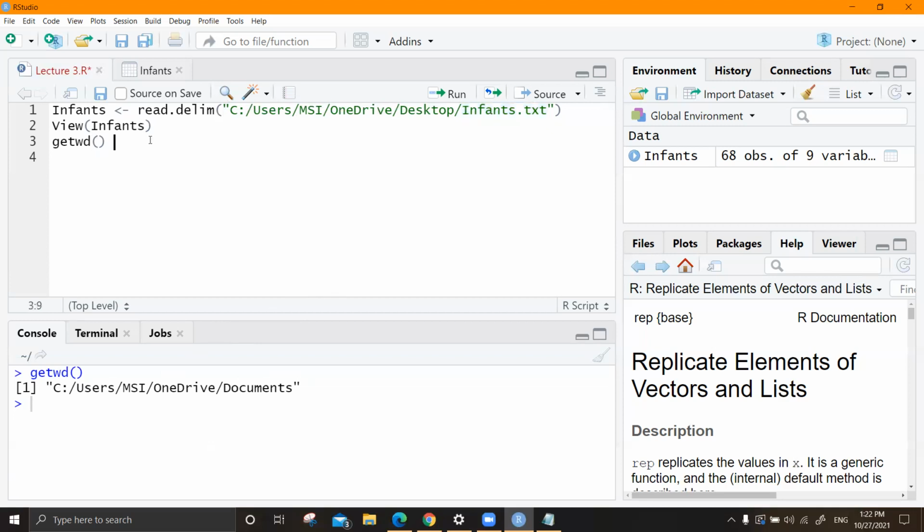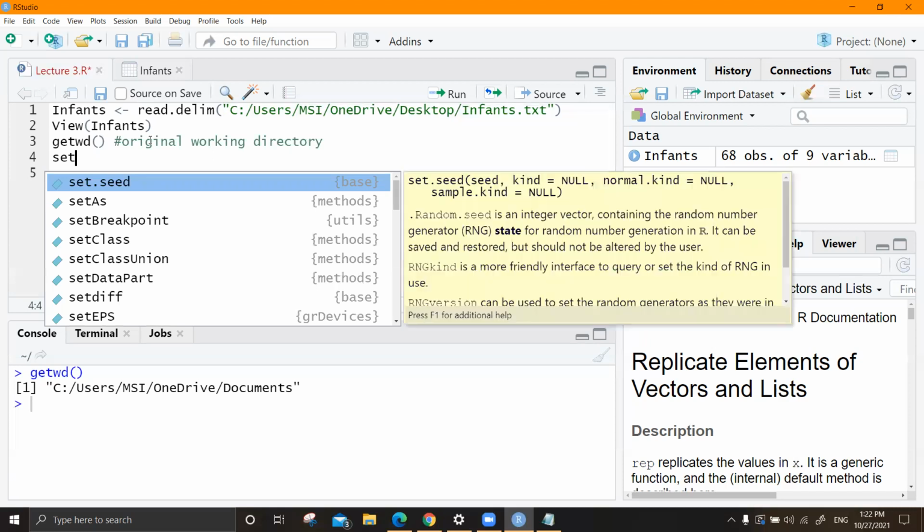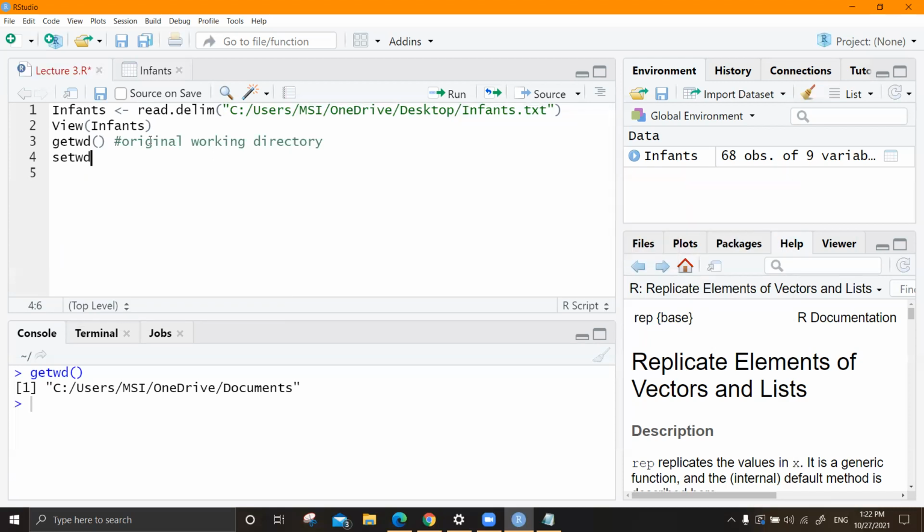So this is my original working directory. I want to change it to somewhere else. So I would say set working directory, and you have to give the file location.